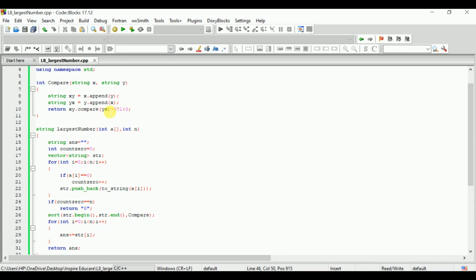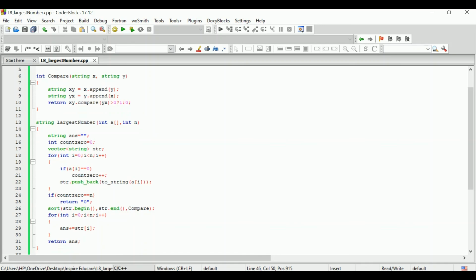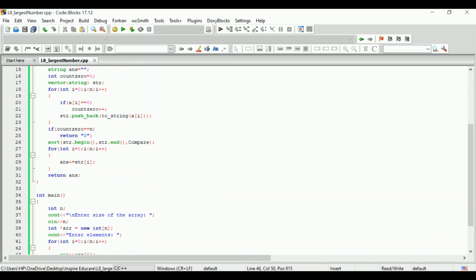If this condition becomes true, it will return 1, otherwise it will return 0. So this will tell how we have to arrange the elements to form the largest number. Then we again run a loop and update our answer as answer plus equal to str of i. At last we will return answer from here.